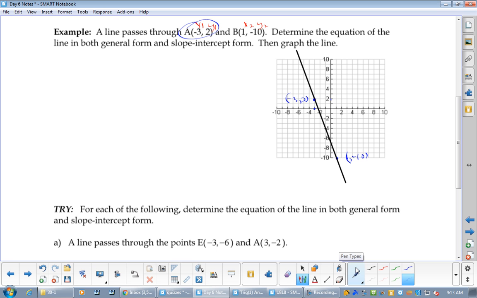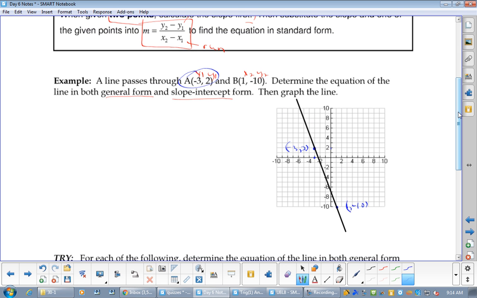Now, as you see, I have labeled them x1, y1 and x2, y2 because that comes in handy when we're going to do our equation. So we want an equation in general form and slope intercept form. Okay, so let's do that. Now, for both of them, we need the slope. Okay, luckily we have a slope formula that says y2 minus y1. So m would equal y2, which is negative 10